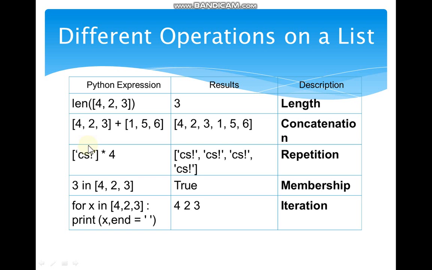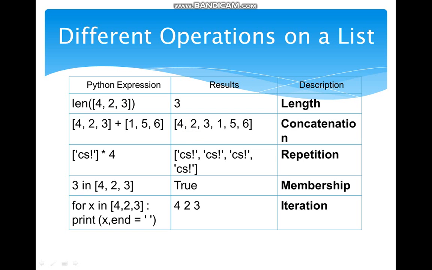Concatenate means just combining the elements of two lists. Concatenation means, children, joining the items of two lists. You can see on the screen I have two lists and I am using the plus operator here. So in Python, the plus operator is used to concatenate two lists. So when you use the plus operator, it will do nothing but concatenate the elements of the first and second list. As you can see on the screen, it will first place the elements of the first list 4 2 3, and it will append